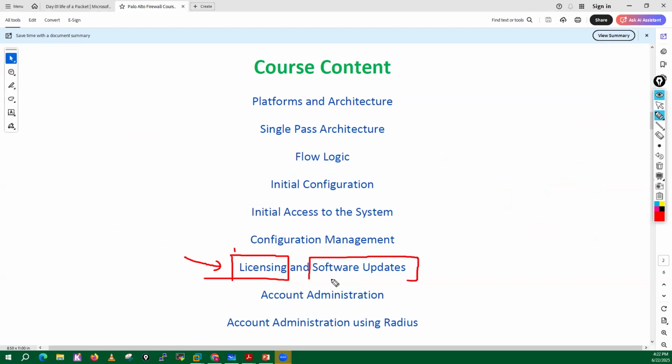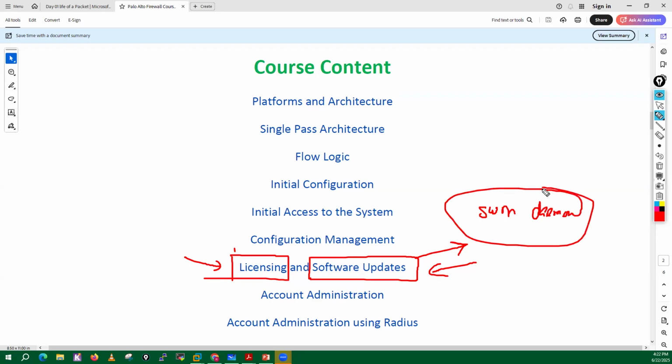Then we will discuss the software updates. Means if you want to upgrade your Palo Alto firewall or you want to downgrade your Palo Alto firewall, what is the process? How can you perform those tasks? What is the software manager daemon available? The SWM daemon available in your Palo Alto firewall. How can we track the software updates, right? What is the sys root 0 volume or disk? What is the sys root 1 volume, right? What type of images will be available there? All those stuffs we will discuss in your software updates.